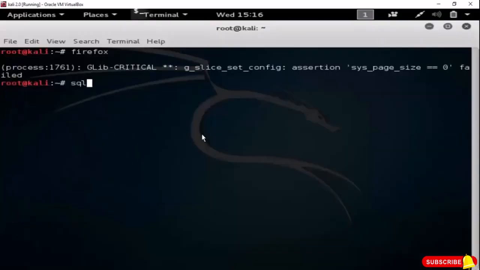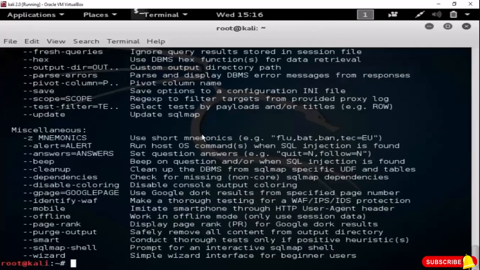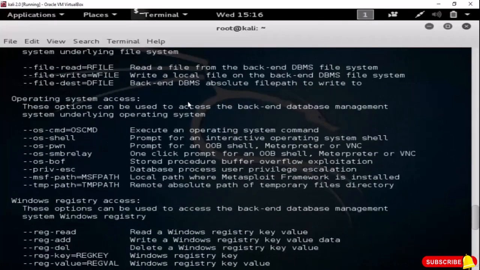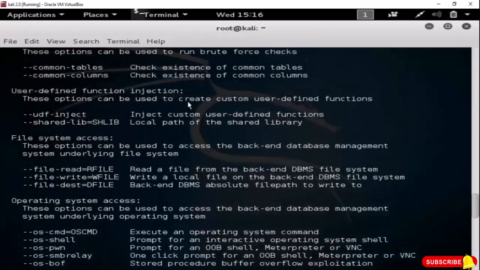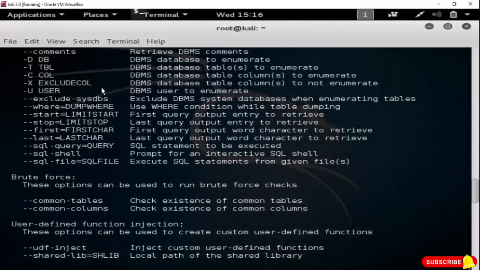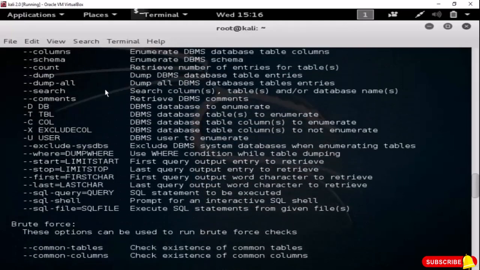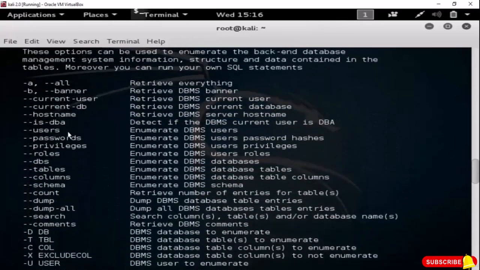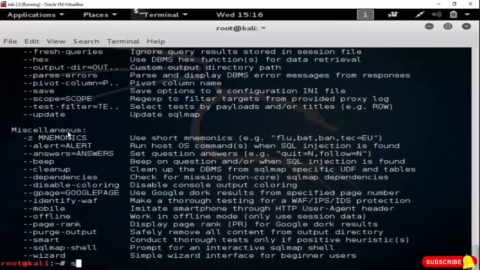Here type sqlmap -u. Now why am I using -u? For this you have to type --help. And here are so many options you can use with SQLmap. I am using -u so that I can enter the target URL. There are so many options, and we will use some of them, but first let's continue with